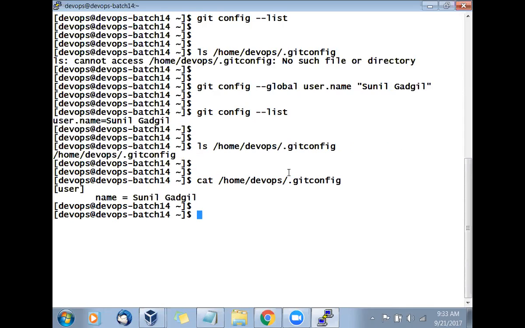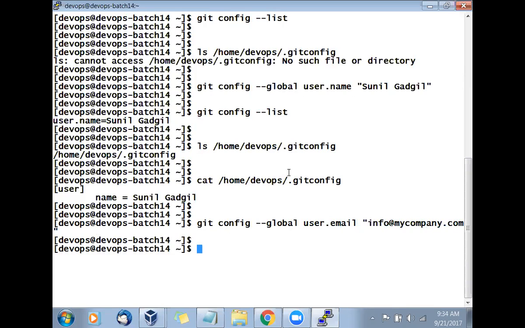So that command has created this file and put the information in the appropriate format. Clear? Let's go further. Now we'll add another piece of information: email. So I'll say info@my.com.